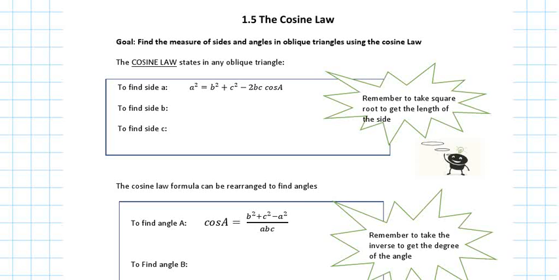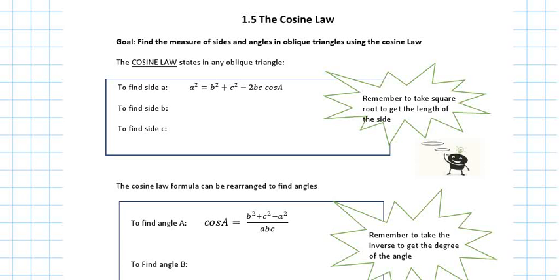Trigonometric ratios, or SOHCAHTOA, and the Pythagorean theorem can only be used when we have right angle triangles. To solve any oblique triangles, I need other laws. Yesterday we learned one of the laws, which was the sine law. And the sine law can be used when you have